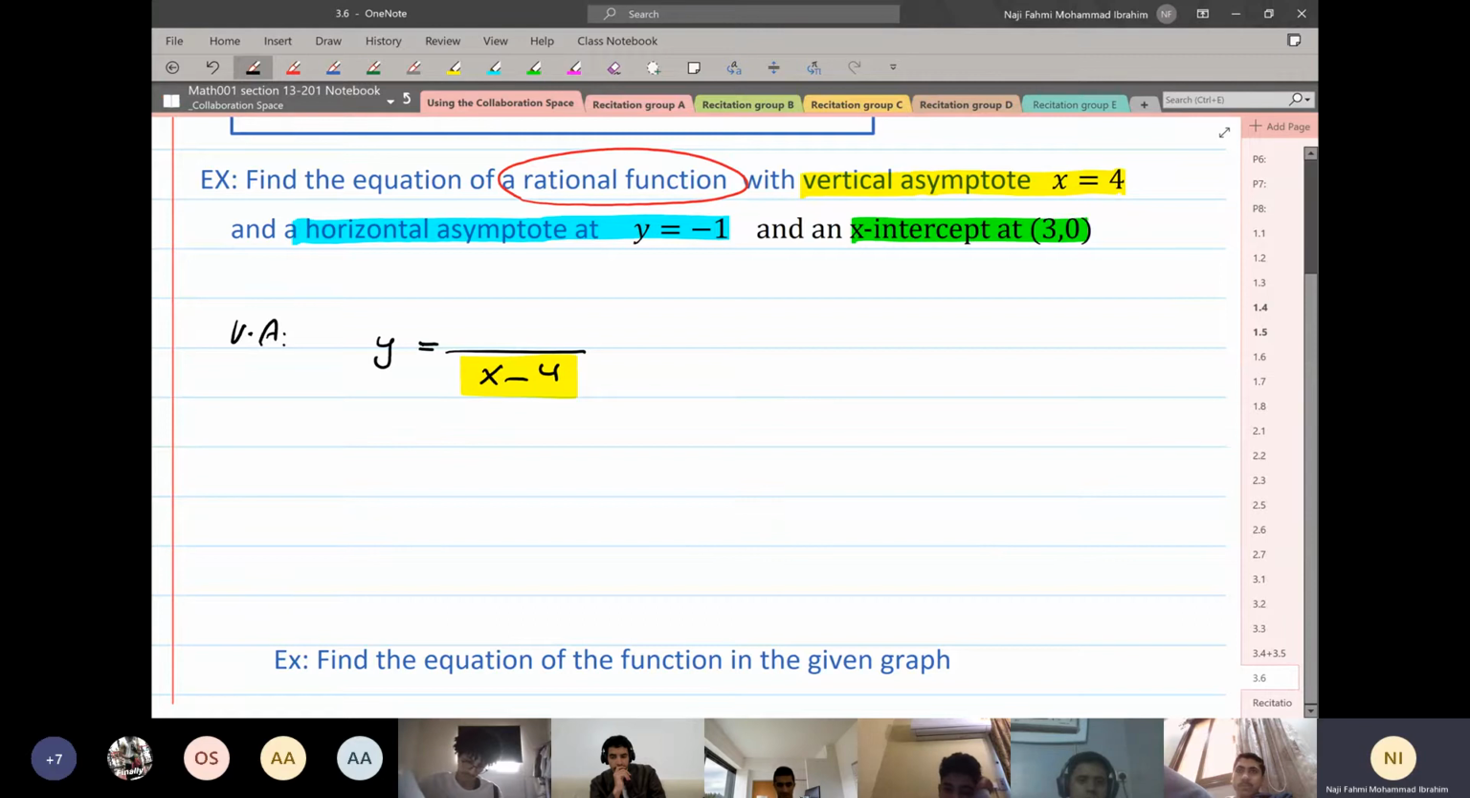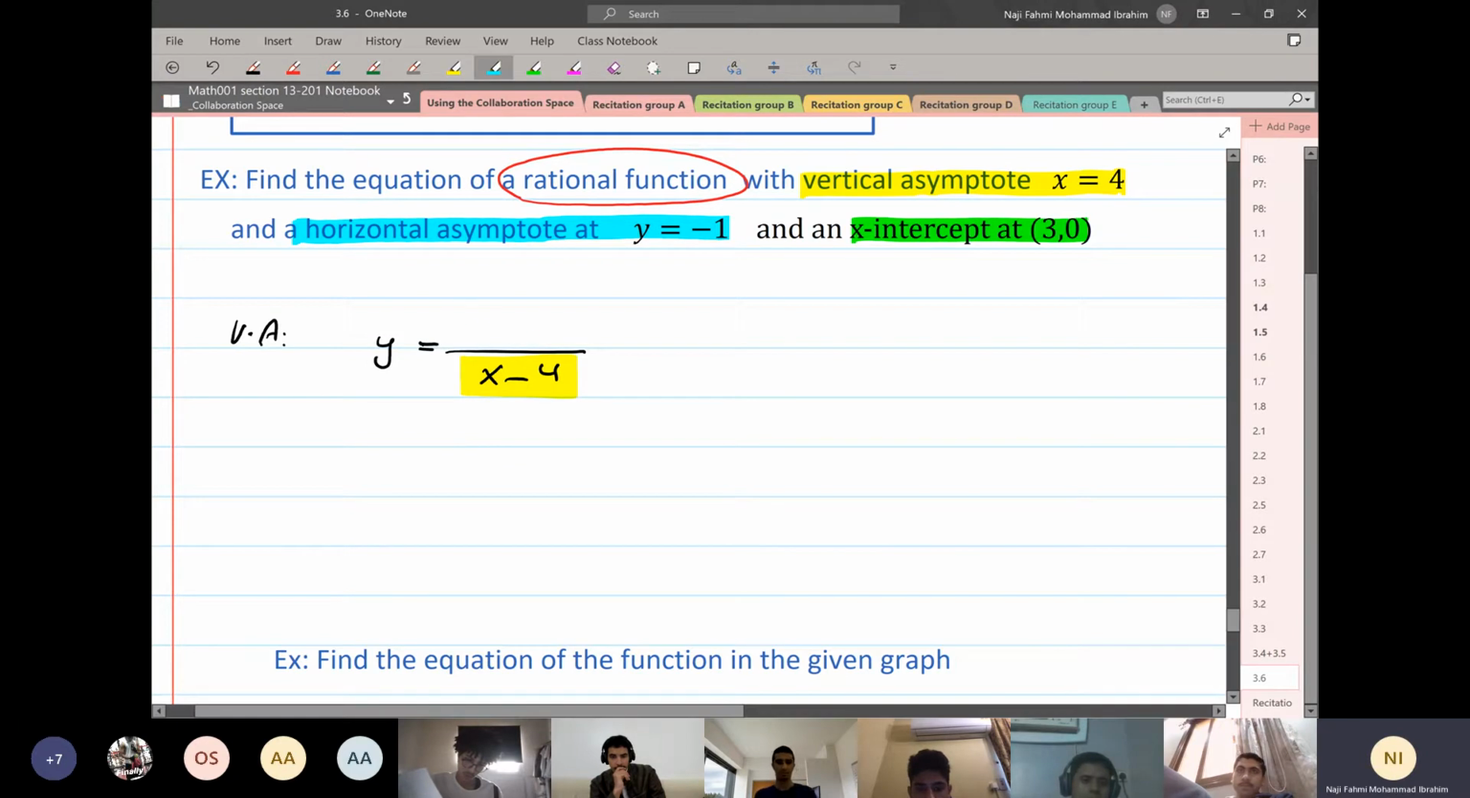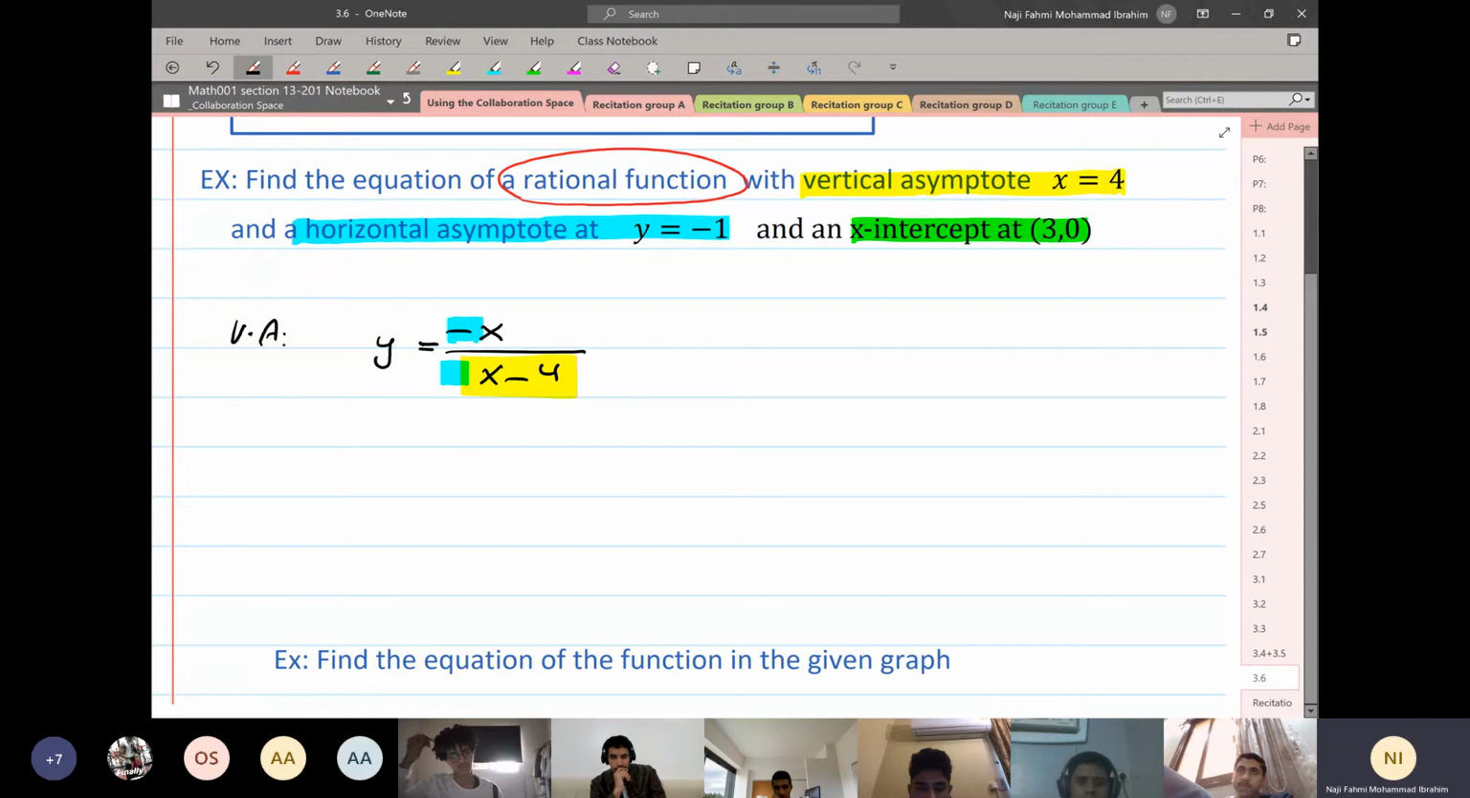Now, our horizontal asymptote is given to be -1. How can I find it in general if I have the equation? We divide the leading by the leading, right? Yes. So as Hussam is saying, I have to have -x here. Why? Because if I divide the leading by the leading, I should get -1. Plus what now? I have to say this is a plus